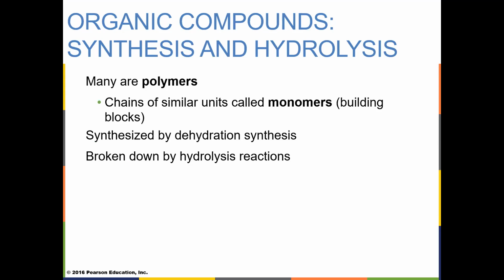Polymers are made up of smaller units, so called monomers. The whole DNA chain is made up of subunits linked together. Fats are made up of smaller units of carbon linked together. Sugars are the same way. Proteins are the same way. Subunits linked together to make these long polymer chains.